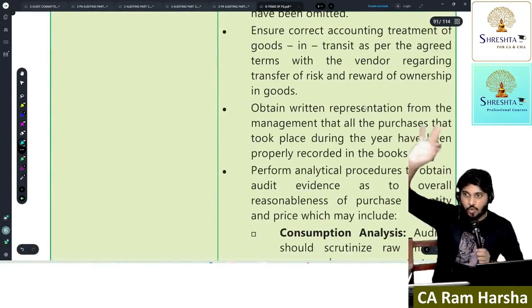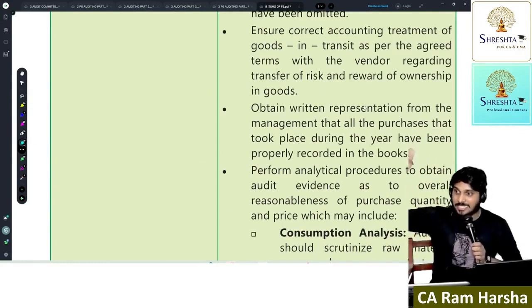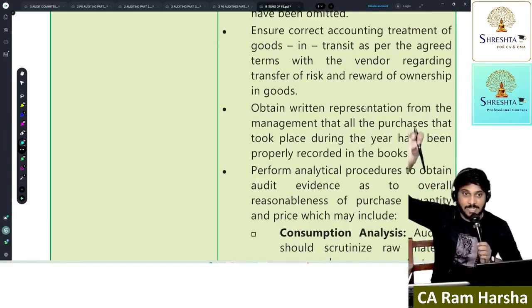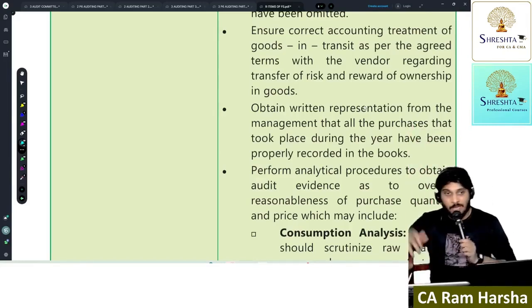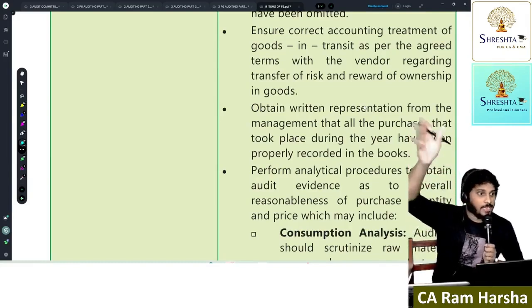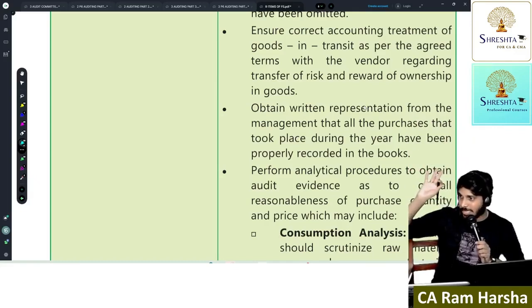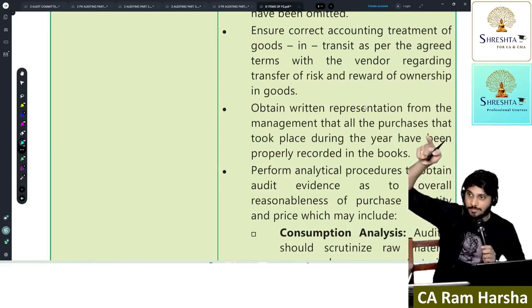See, it's not the invoice date. It's not when the amount is paid. In our accounting, it is when the risk is received, when the risk is given. That is the deciding criterion for recording a sale or purchase. In GST, the time of supply may be based on date of invoice, date of payment, date of delivery, whatever. Getting it? But under accounting, it is ultimately substance over form. Getting it?